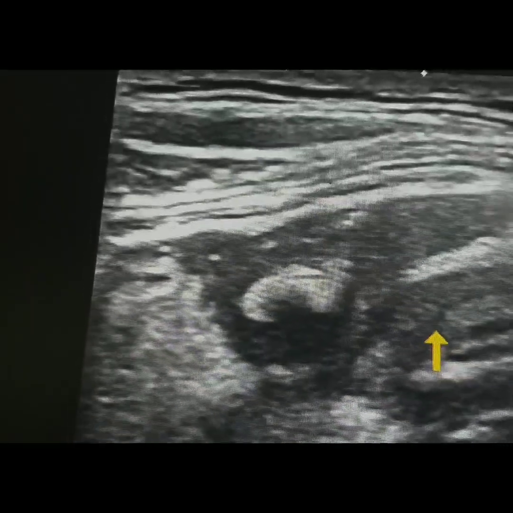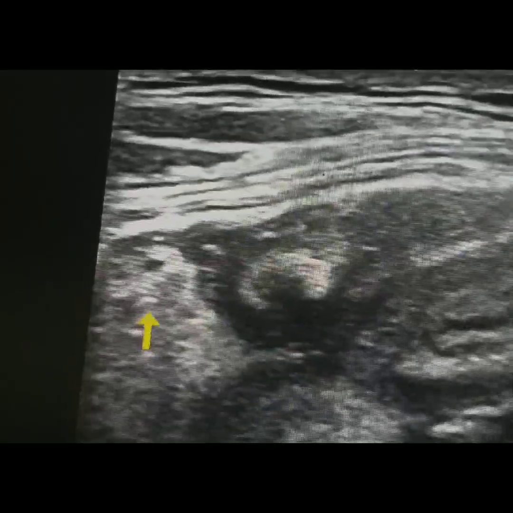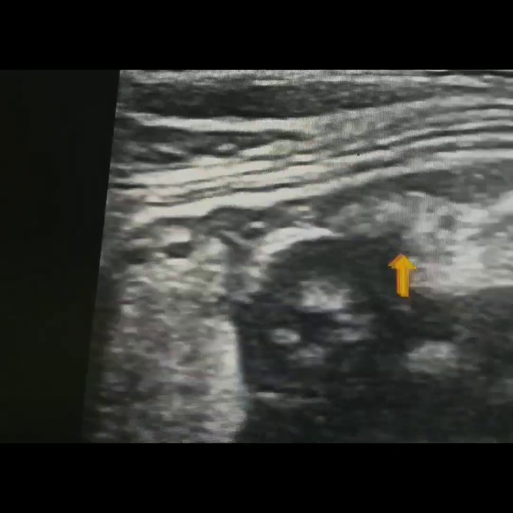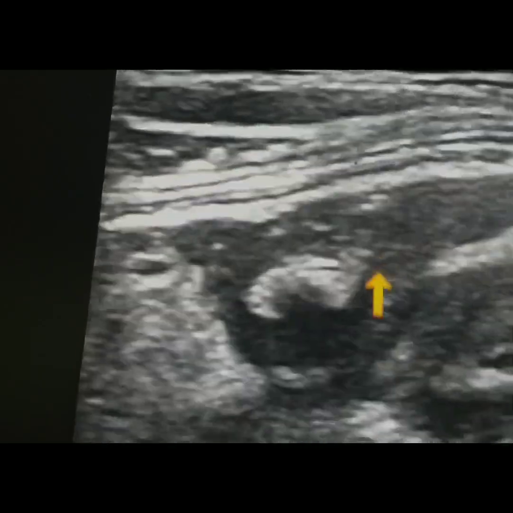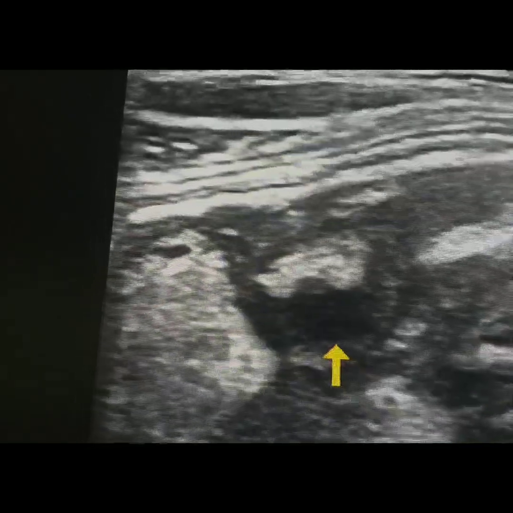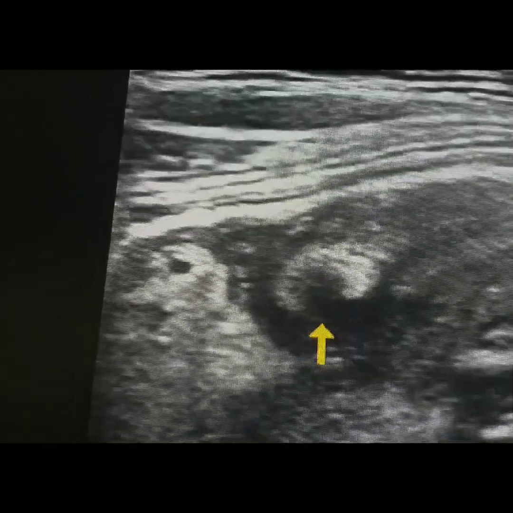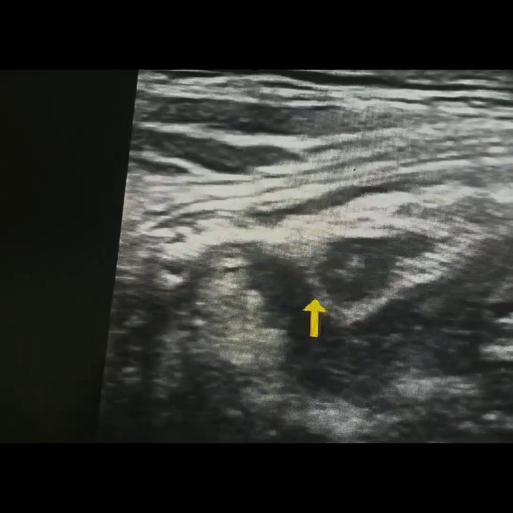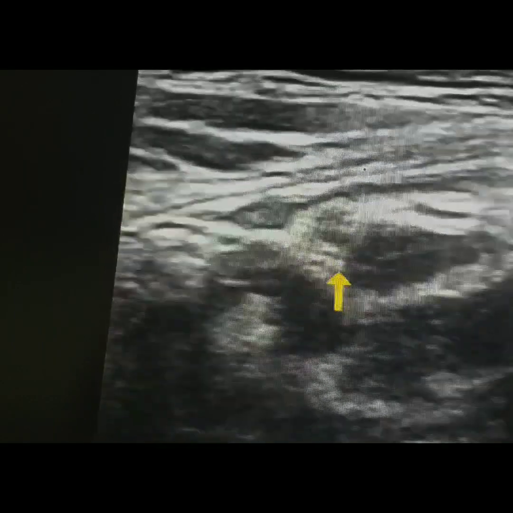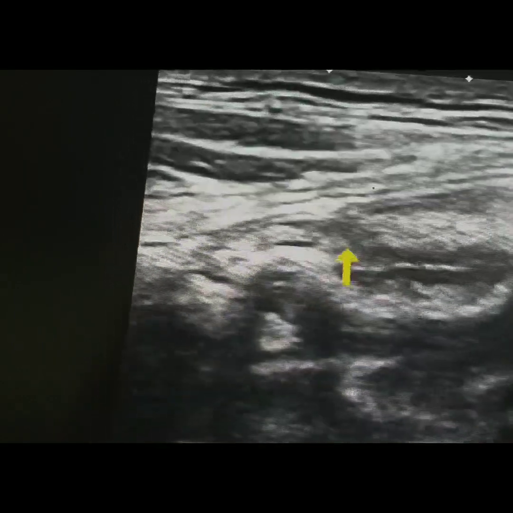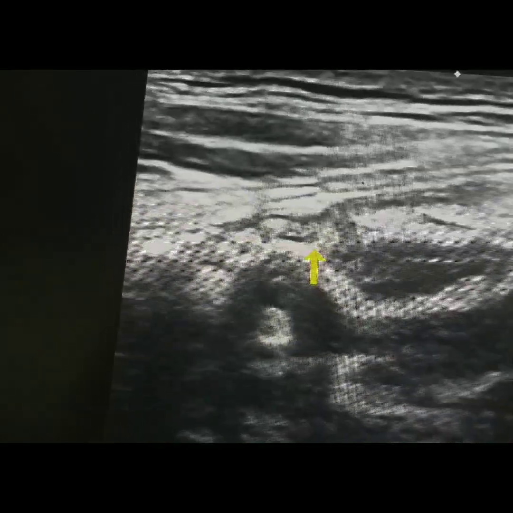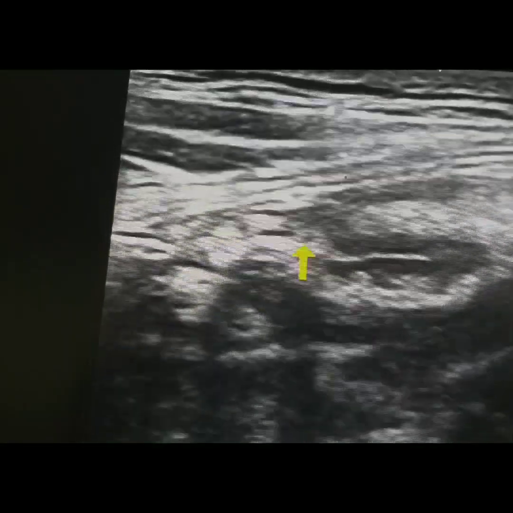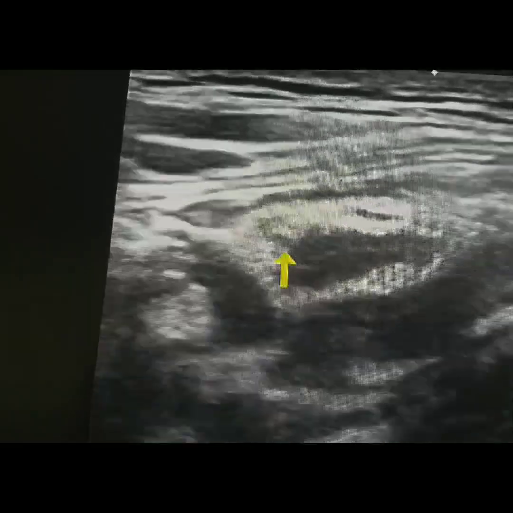This one is the gut loop, this is the omentum, and this one, and this one. These are the gut loops. So it is surrounded by the small bowel loops and omentum. Here again I am going to show you how it is inserting along the medial aspect of the cecum. This is the cecum, and this one is inserting.